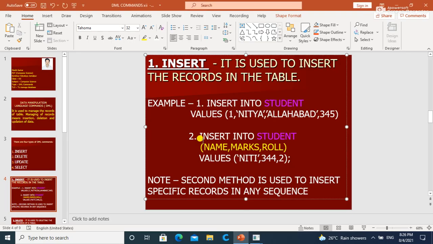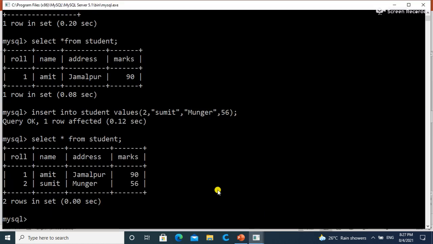And the another method is in which we use the name of columns. Just you can write insert into and use the name of column. Here we can change the order of column.